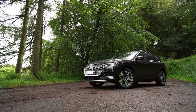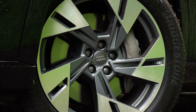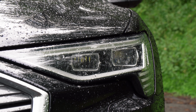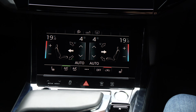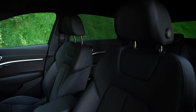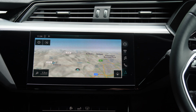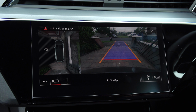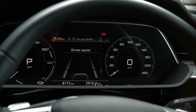It's about as well equipped as you might expect for the price tag, with standard features including 20-inch alloy wheels, LED headlamps and adaptive air suspension. Then in here you get all 3 of these very impressive screens. You've got electric adjustment in the seats with lumbar support and a memory function, leather and Alcantara upholstery, you've got sat-nav, a reversing camera, ambient lighting, and then lots of very clever safety features like active lane keep assist and